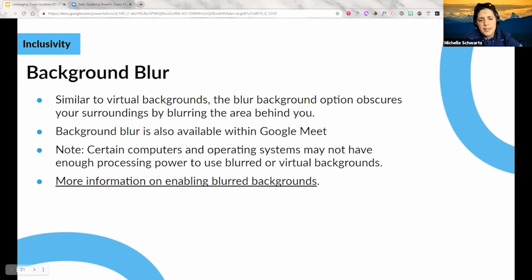This is a new feature that's similar to virtual backgrounds, which is blurring the background. This is also available in Google Meet. This may not work for some students that have computers or operating systems that don't have enough processing power, but we've just heard again and again from students that they're very sensitive about the environments that they're joining online classes from, or that they don't want their fellow students to see where they live. So you can change your virtual background. And you can have as an option blur instead. So you can kind of see the background of my apartment, but not really. And it's just a feature you can let